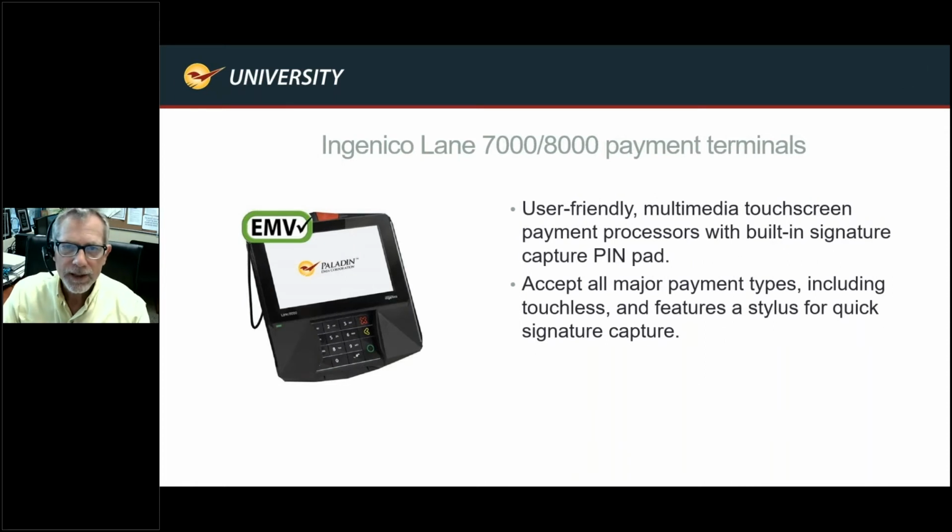Another new device is the Ingenico Lane 7000 and 8000. The photograph you see here is the 8000. It's a little bit wider and larger than the 7000 device. This has all the capabilities of the old Ingenico. It's just sleeker, newer, new technology, provides better encryption and all the like. So this is a device that is now available, has been available for a while. As with any credit card device, we had a few trials through it, but we got past it. They've perfected it, and now it's working pretty flawlessly out there.